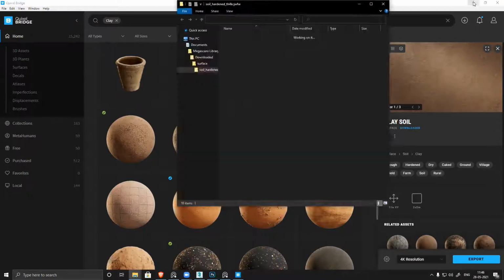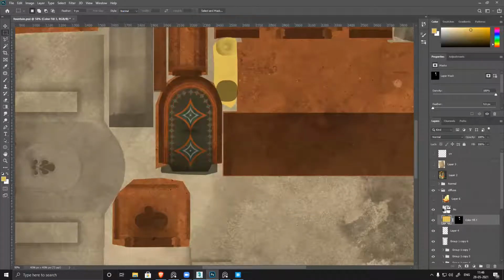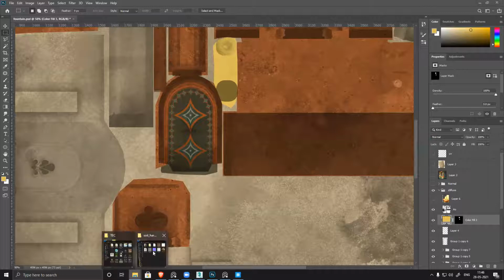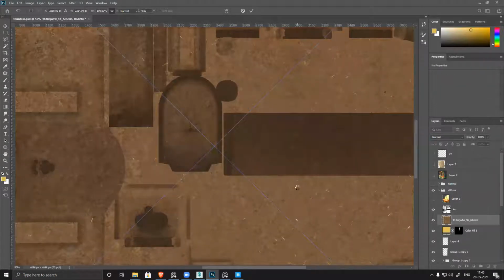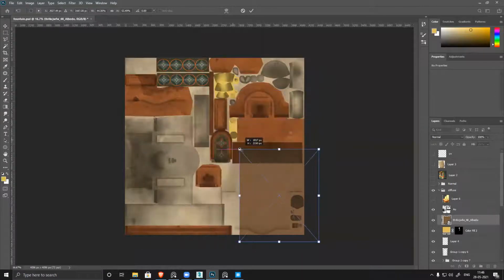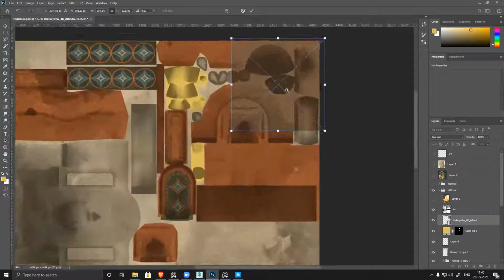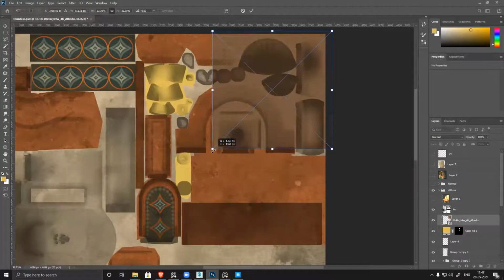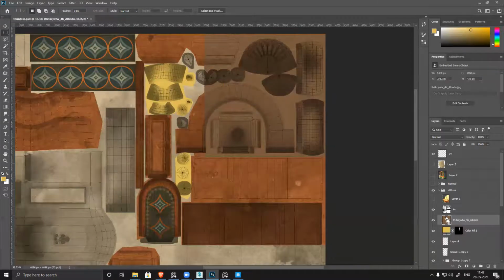Done. Go to file, Photoshop. This is way too big, so reduce the size. UV.